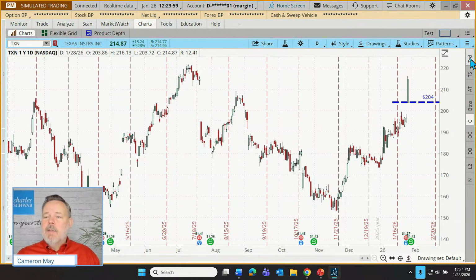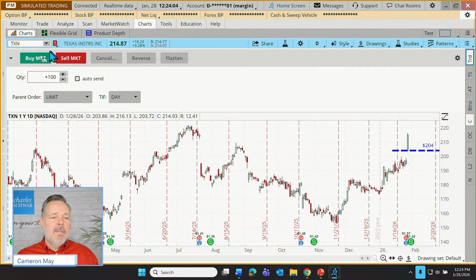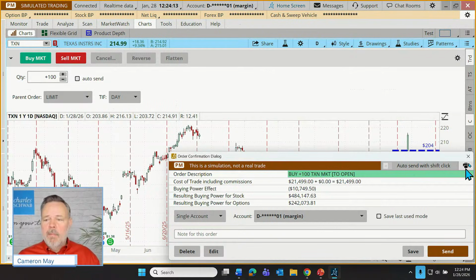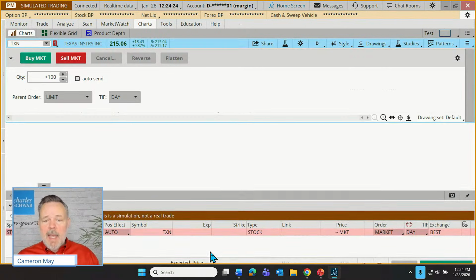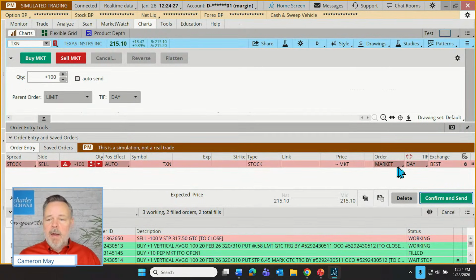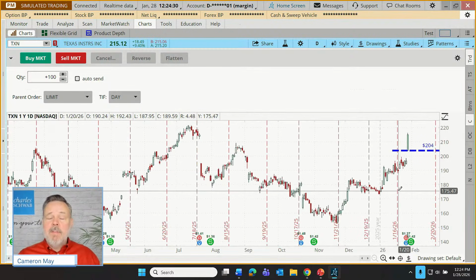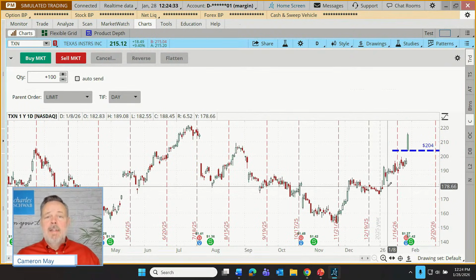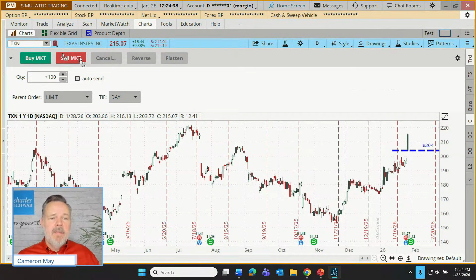But look at what we can do here. We can just click on this little trade tab off to the right, and it actually creates maybe more traditional buy and sell buttons. Buy market means I want to place a buy market order. Sell market means I want to place a sell market order. If we've started placing a trade, but we want to customize it, we can edit that trade. And that just brings up the traditional bar. But this is designed with speed in mind, and market orders tend to offer among the fastest ways to get things entered and potentially filled. So that's the default here.